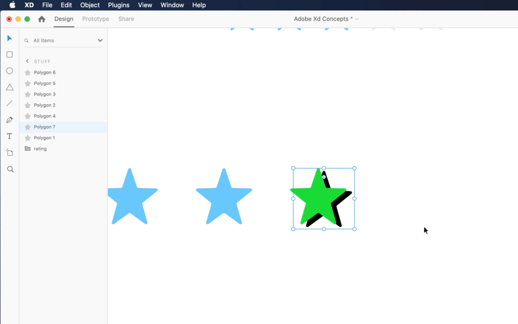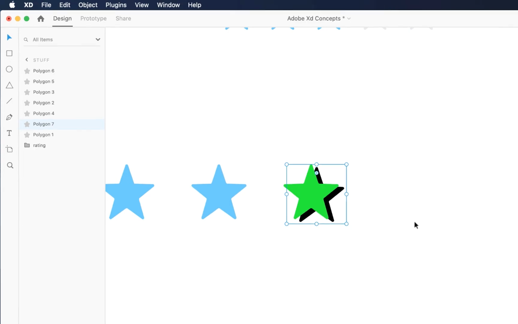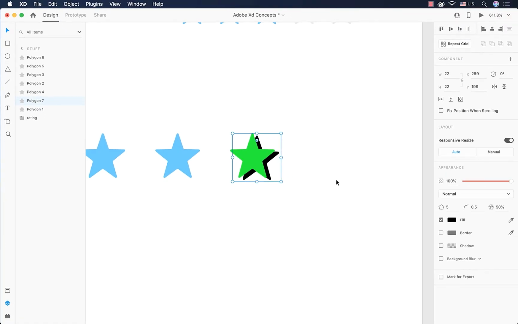That's the big difference between these two operations. Just have that in mind, because sometimes you want to have a new element at the top of the stack, but sometimes you don't. So you must decide accordingly. Duplicating is a little bit faster than copy and pasting, since we are using just one shortcut, command or control D, but there is also another faster way to do a duplicate, and that way introduces us to a very